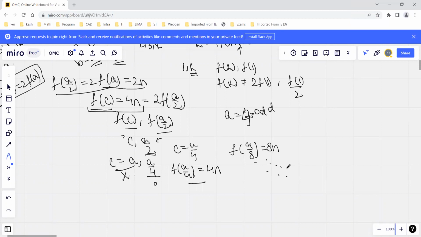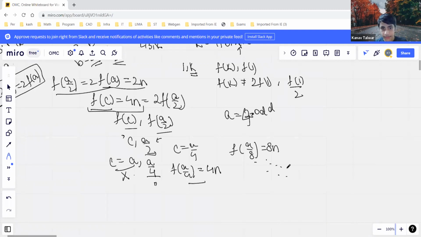Yes. But this cannot continue indefinitely, right? It must stop at some point, just because we're working in integers. Like try the example of, let's say, 48. You have that, assume for f of 48, twice f of 48 is f of 48 by 2,